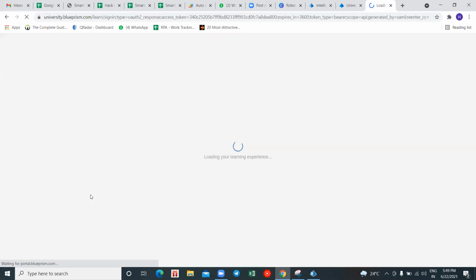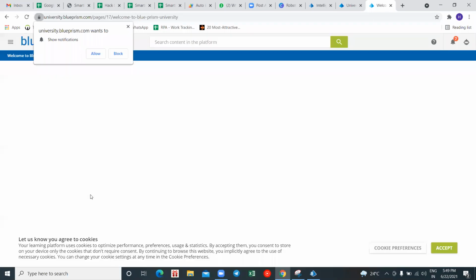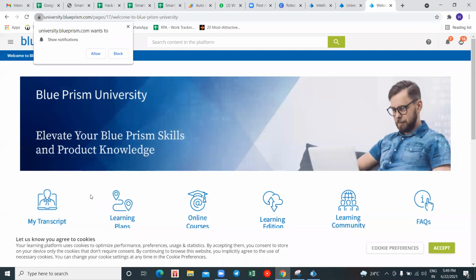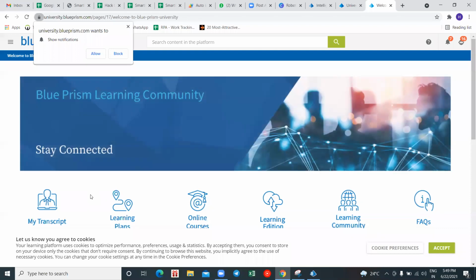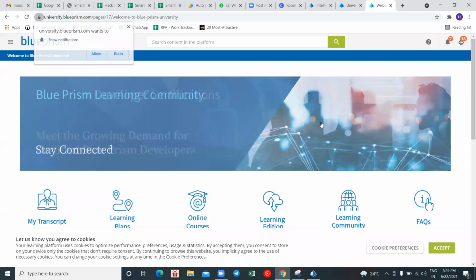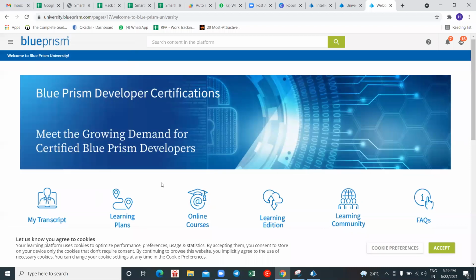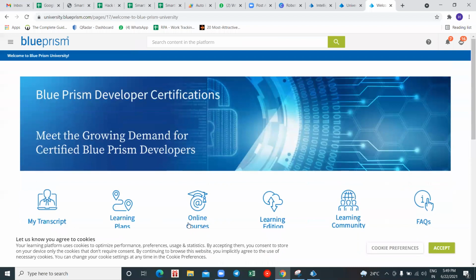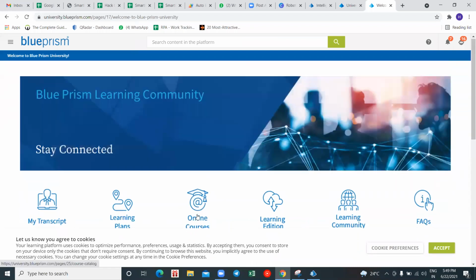To get all your free courses, you have to switch to your LMS. And guys, the first time you switch to this Blue Prism LMS, you will be asked for some basic information like your company name. Company name is nothing but your college name; your title and your area will also be asked. Just give that general information and click on submit. Once you click submit, you will be taken to this page. This is the Blue Prism LMS. Now you have to go to online courses and click on it,